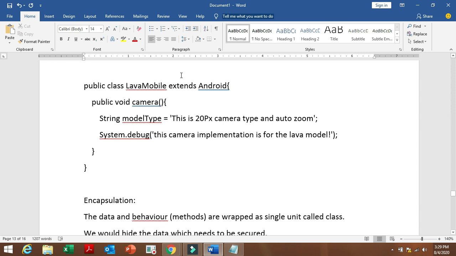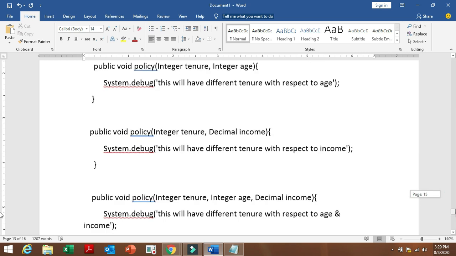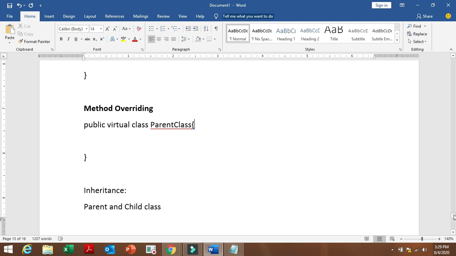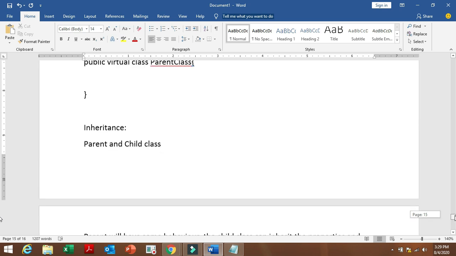So this is called method overriding. So what is inheritance? The parent will have some behavior. The child class can inherit the properties and override the behavior with the override keyword. Fine. So these are the concepts in OOPS.